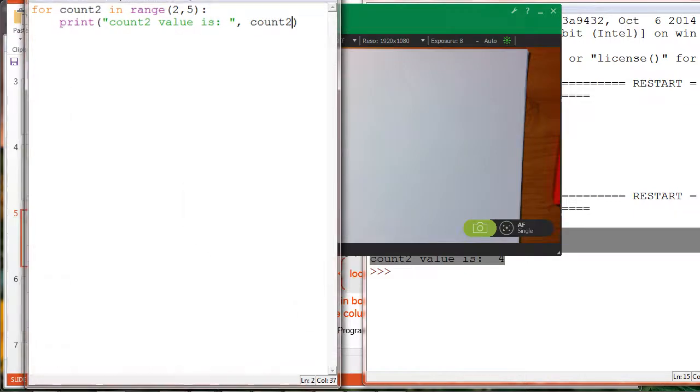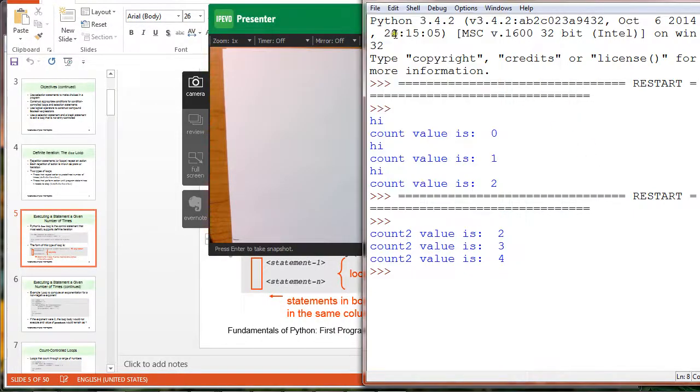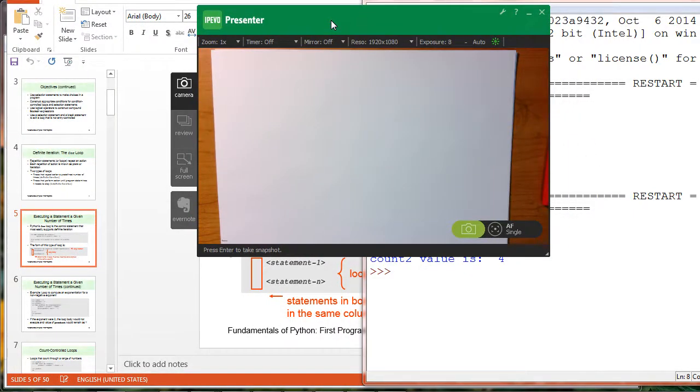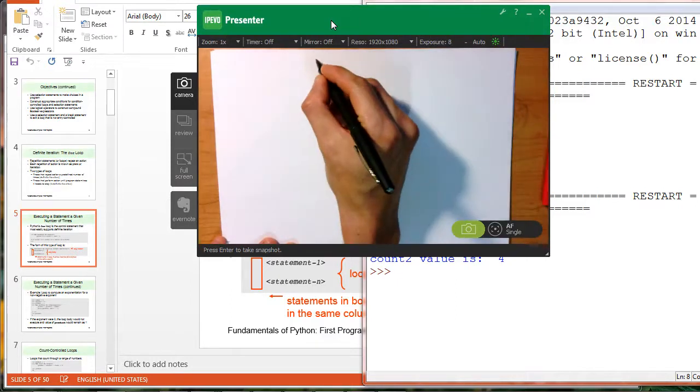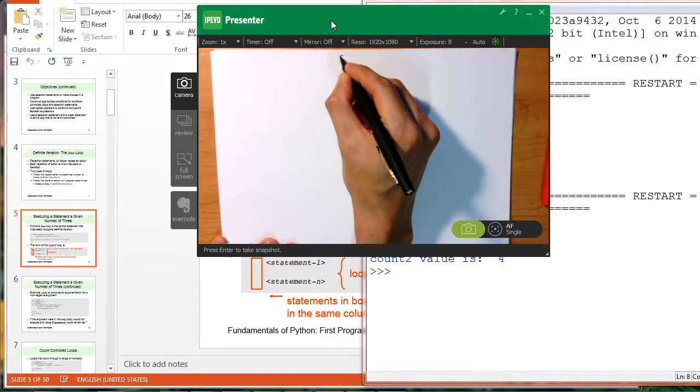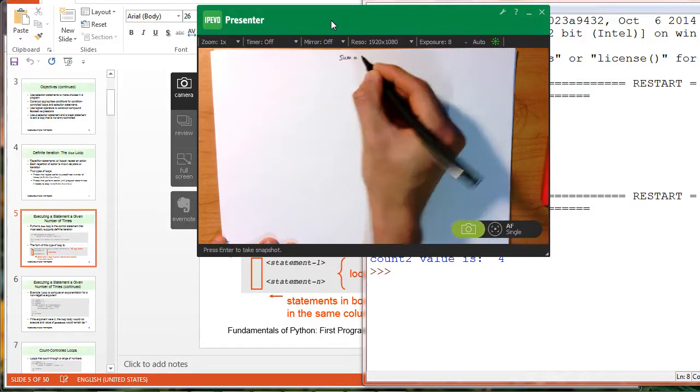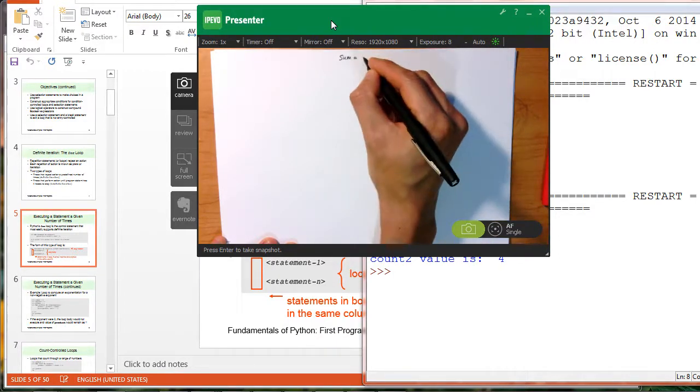I want to show you a very important application using a for loop. Suppose we want to write a program which sums up all the integers up to, let's say, n. Let's say up to 5, for example. So let's say you want to write a program which will calculate the sum of all the integers up to